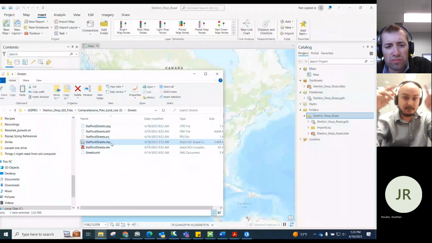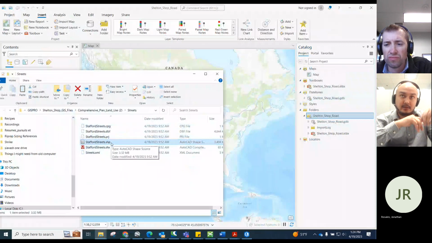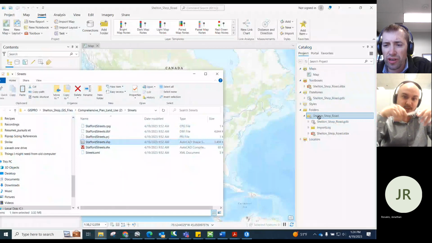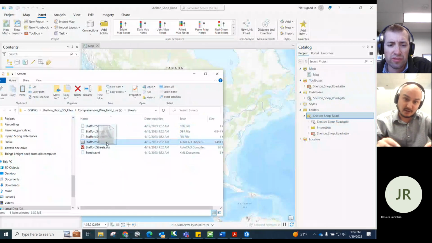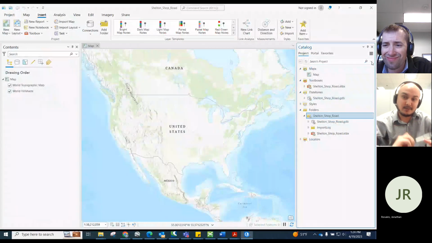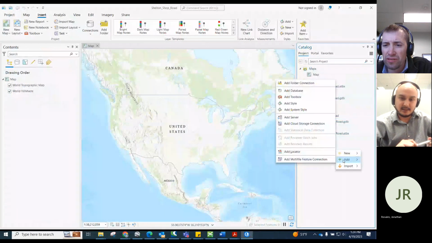The .prj is the projection for the shapefile. The .dbf is the attribute table for the shapefile, and the other is the CAD files for that shapefile. It's kind of the same thing.